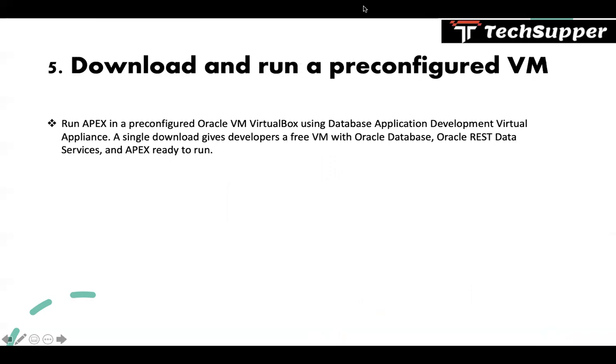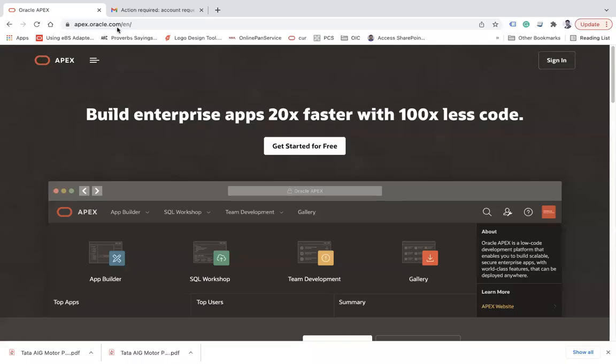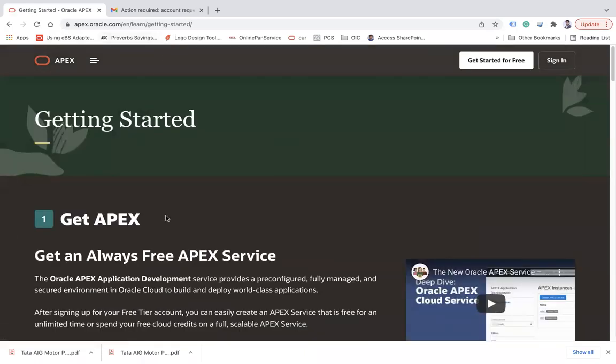So here, let me take you to apex.oracle.com, and here you see build enterprise apps 20x faster with 100 times less code. If you click on Get Started for Free, you will land on this page, and here the options I have discussed are listed.